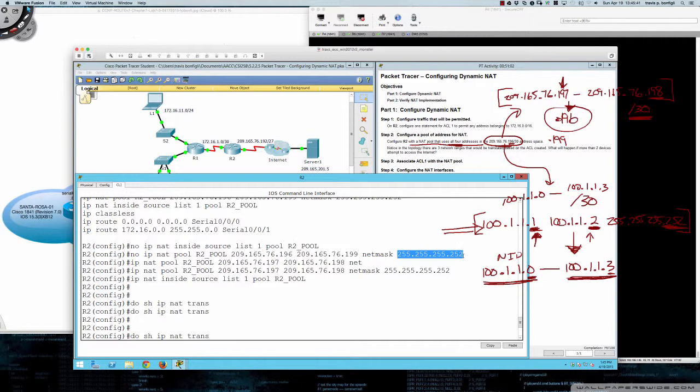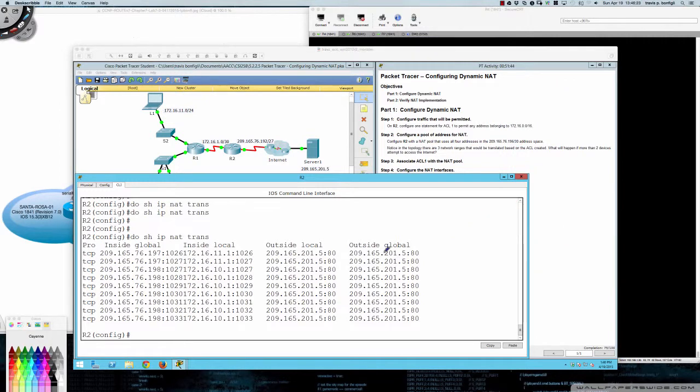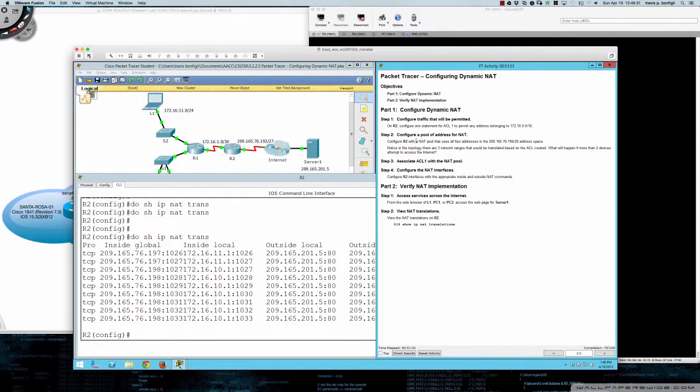And so again, this is one of the things that can become very, very confusing from looking at the text in some cases, where they show you the network ID as the first pool address, and then typically the broadcast address as the last pool address, and don't give you the overall size of the subnet that's being used between your customer router and the internet. And so this is also another way where you can pick out the exact range of usable addresses that you would like to use. Okay. And NAT is definitely one of the more challenging topics without a doubt. So that wraps up Packet Tracer Activity 5.2.2.5,